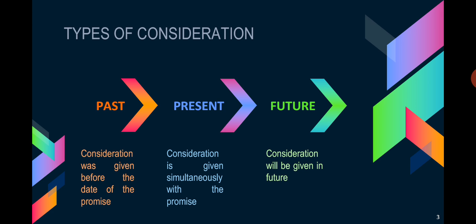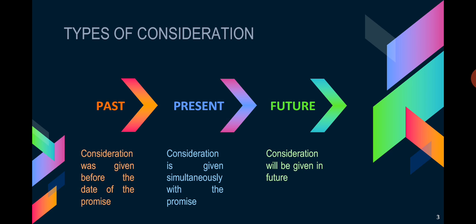These are the types of consideration which are considered to be legal in India. The first type is past consideration. Now, if you read the definition of consideration given under Section 2, Clause D properly, it goes on using various terms. For example, has done or has abstained from doing, or does or abstains from doing, or promises to do or abstain from doing. Here you will understand that consideration need not be given at the same time when the